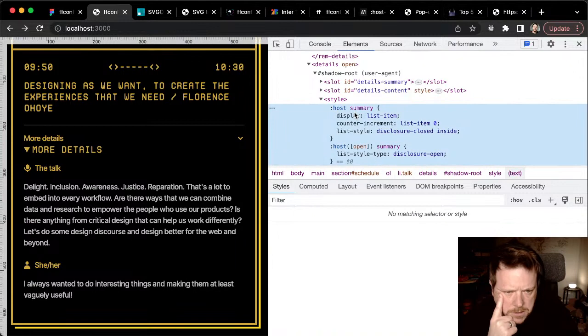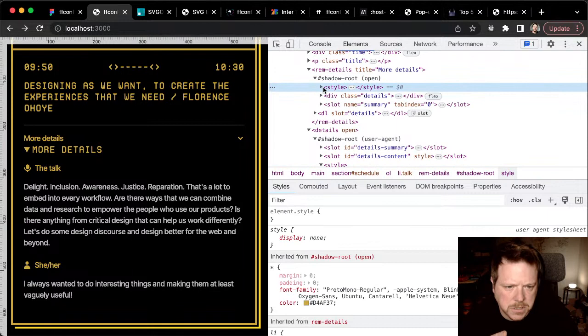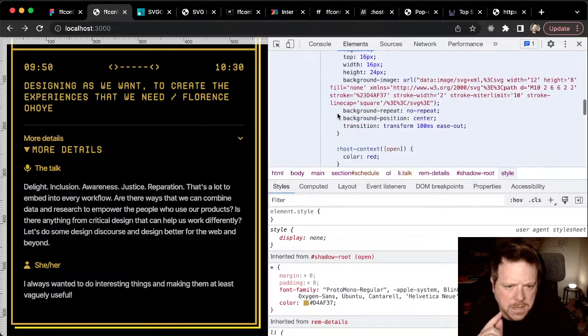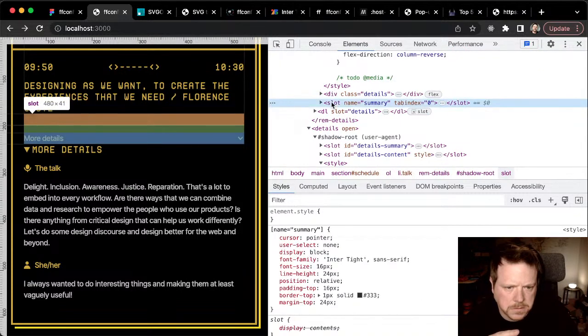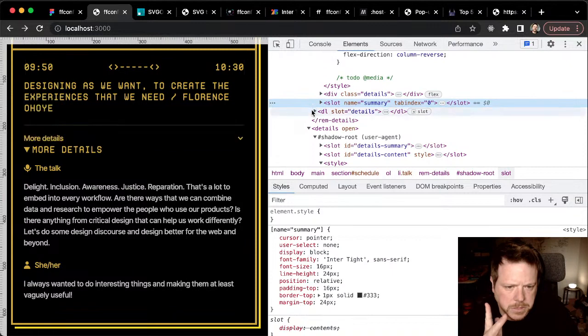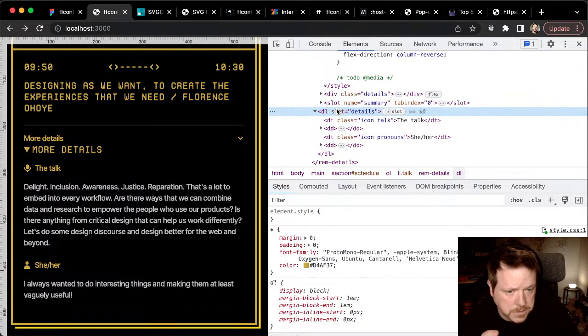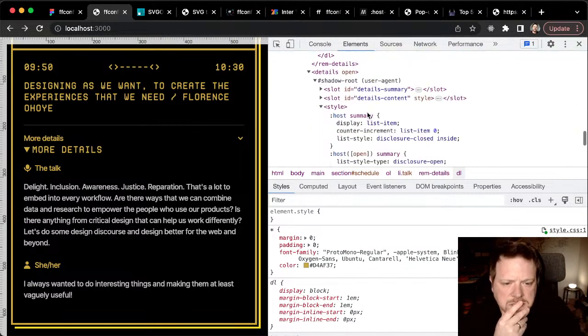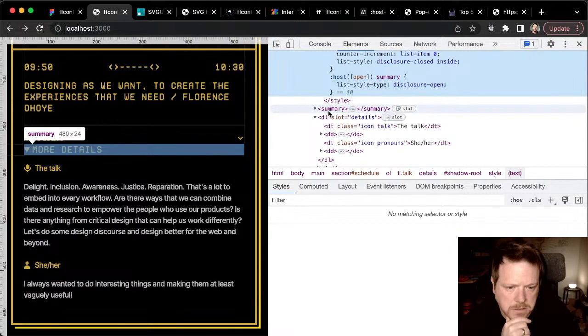So they're styling the. So this is the thing that's a little bit confusing. In my shadow DOM, I'm styling the slots. But in their shadow DOM, they're styling the nodes, the user's nodes. So what I mean by that is that when they've got this host open summary, they're targeting